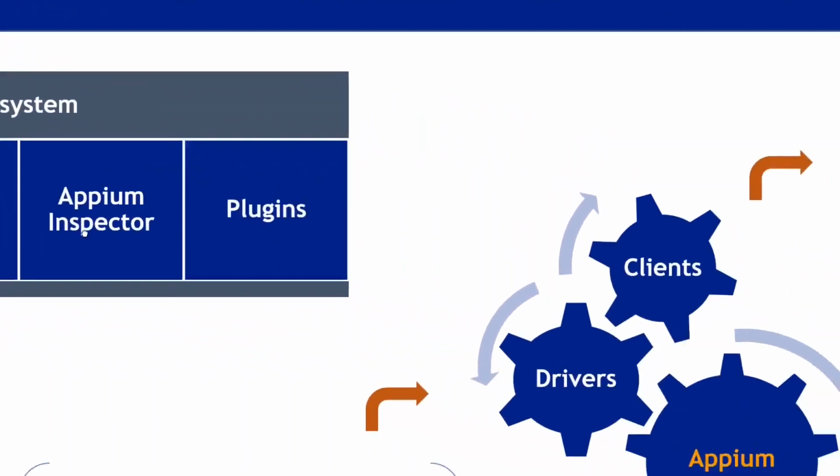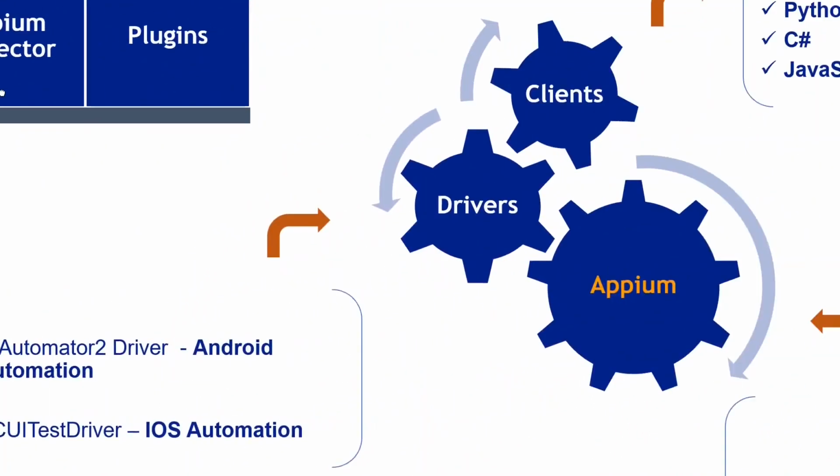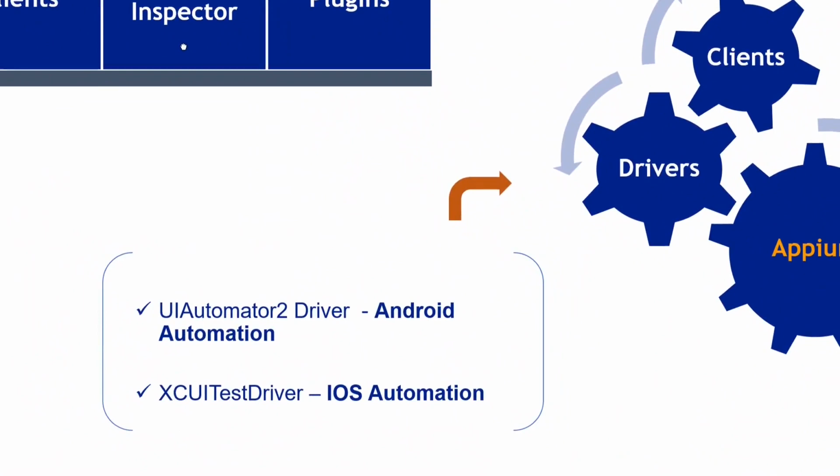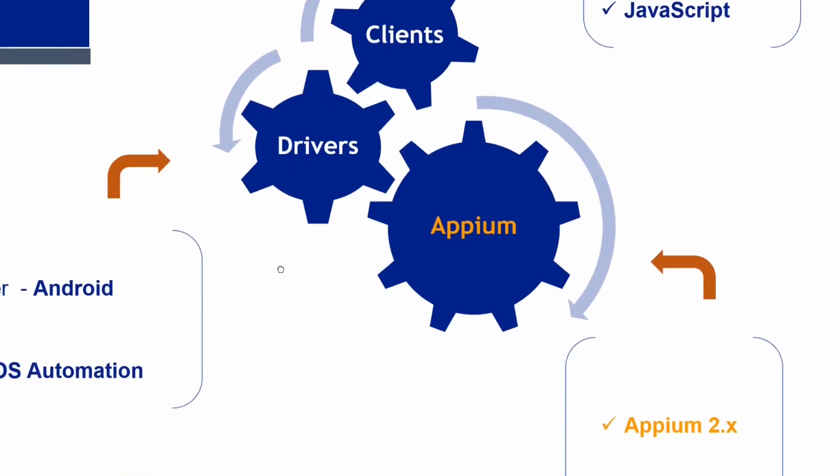Okay, so moving on, for example, the driver part, mainly iOS and Android, that we are regularly working on for the apps, right? For Android, we call it UiAutomator2, and for iOS we call it the XCUITest driver. Okay, so these are the two drivers which facilitate the operations to simulate the actions on the Appium side, along with the client